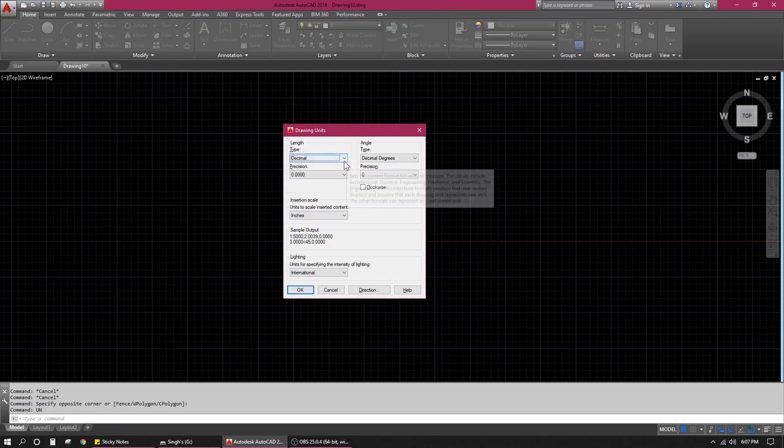I go to length, I go to decimal, right? Now if I am doing an architectural drawing, if I am using the scale to be inches and feet, I cannot keep my units in decimal format, right? I need them to be stacked, or I need them to be in fractions. Fractions and stacked are the same. But I go ahead and click on architectural because it changes the precision. You'll just see from down here. Now, what to keep the precision to be? I usually keep it 0 to 1/4, right?